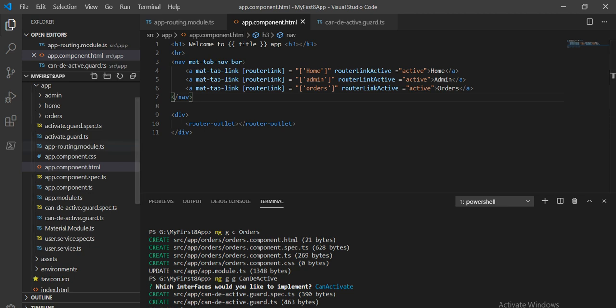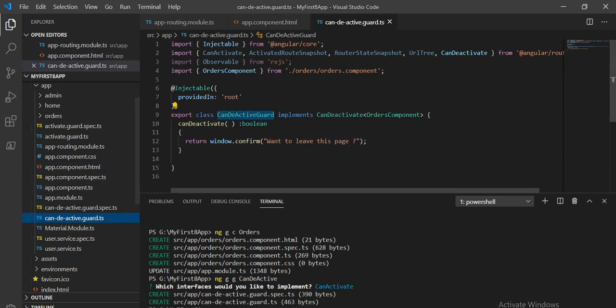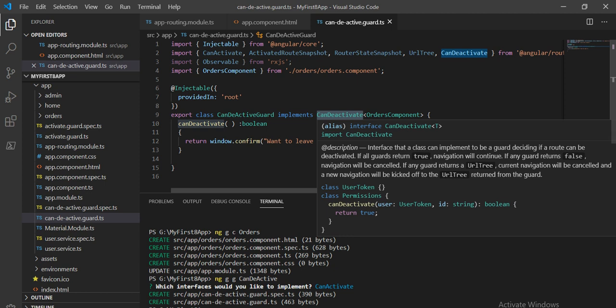So what we have created: first we created one component, the order component, on which we are going to implement this logic. Next we created a route guard, the can deactivate route guard. We made the changes from can activate to can deactivate, and it takes the component name on which you are going to implement it.